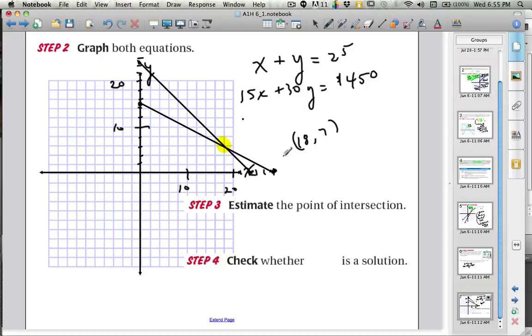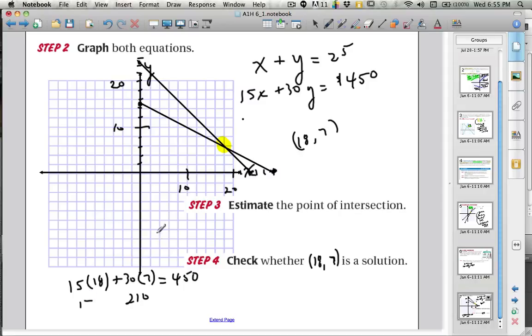So let's see if it fits the second equation. I've estimated the point of intersection. 18, 7 is what I think it is. Let's check whether 18, 7 is a solution. If I plug 18 in for x and I plug 7 in for y, it should equal 450. Well, 7 times 30 is 210. And 15 times 18, that's going to be 180 plus 90,